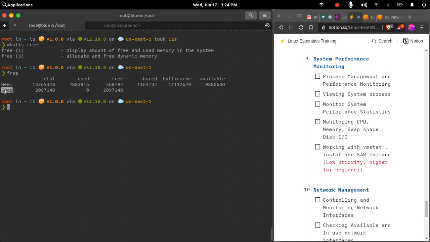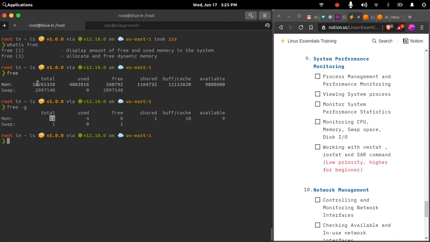Similarly, there is swap space. Swap space resides on your file system. You can create what I would call a swap file, a file that will be used as memory. So if the memory of the system is exhausted, let's say I have 16 GB of memory in total. Let us make it more human friendly by converting it to gigabytes. Now it is showing in GBs, so 15 GB is my total RAM.